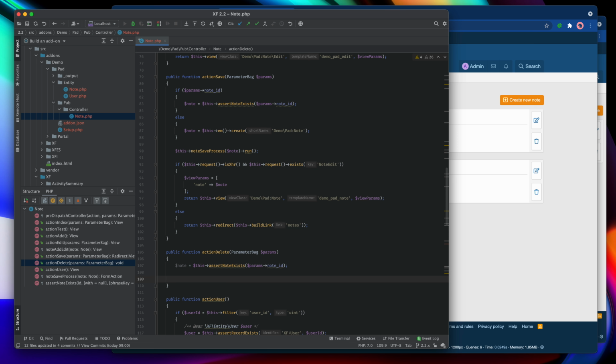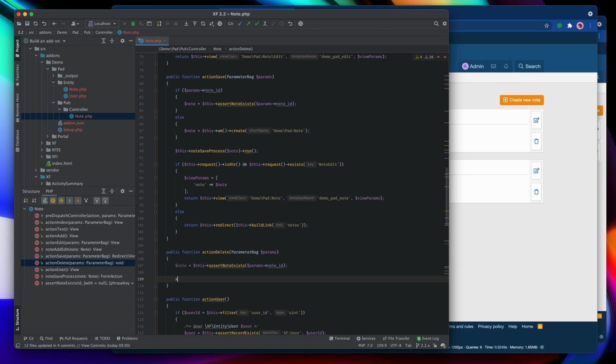What is a controller plugin? Well, it's an extension to a controller that has access to all of the controller's properties, but it's reusable, and so you can pull it into multiple controllers without having to worry about scoping issues or anything like that. So let's take a look at the deletion plugin, and then we'll go through what it does.